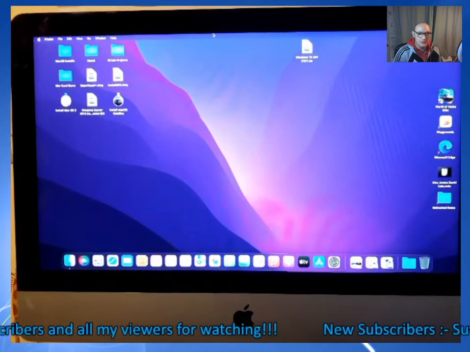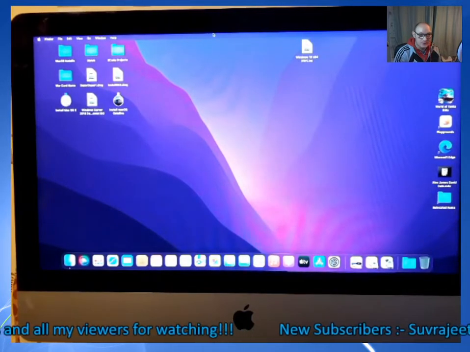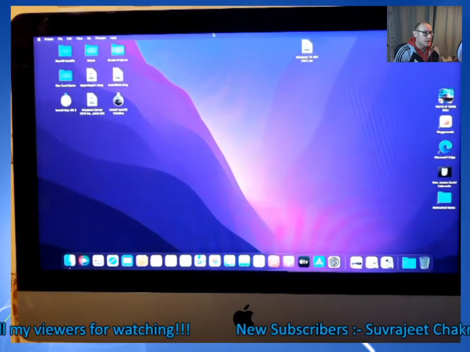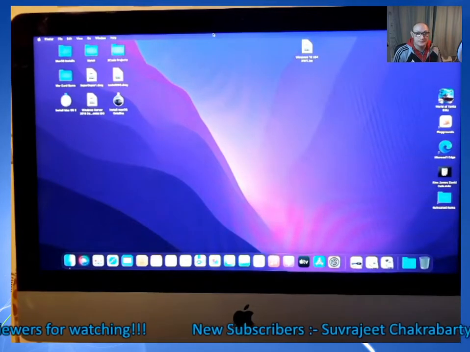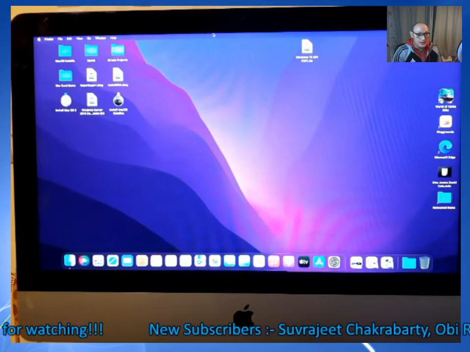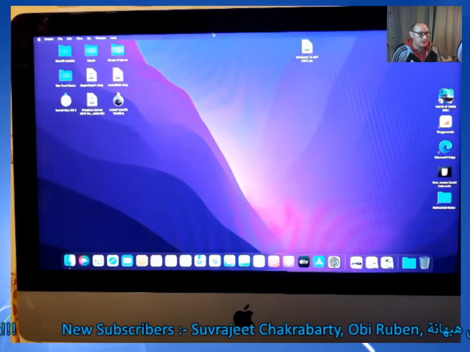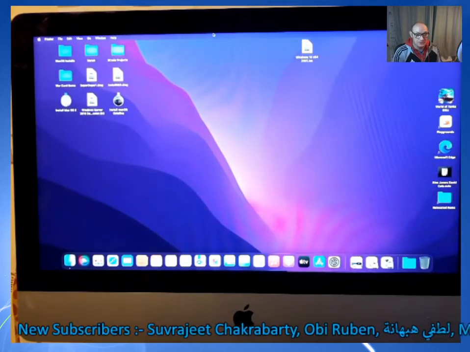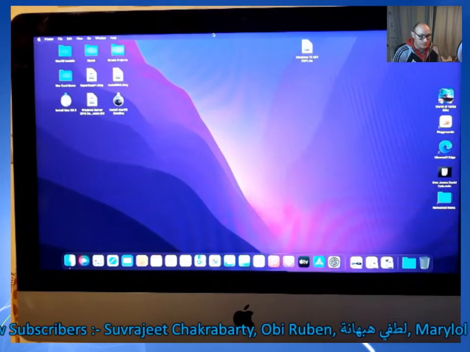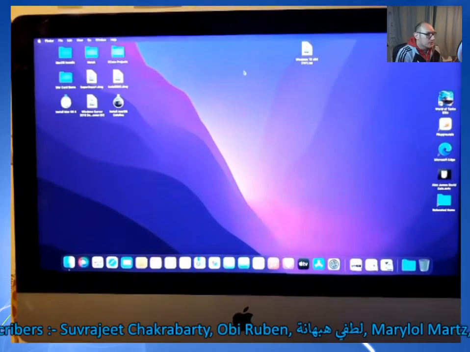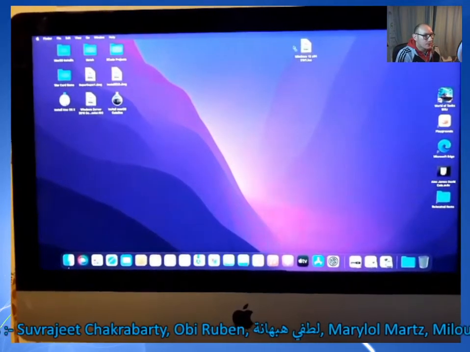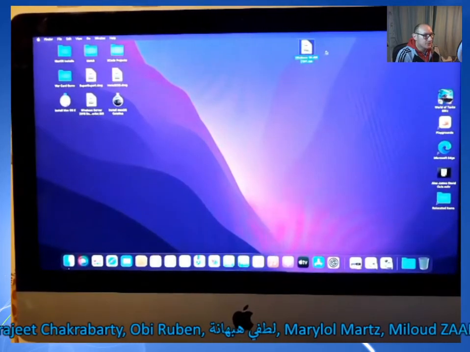There's no special Windows needed. Go onto the Microsoft website and download Windows 10, the ISO image. It has to be 64-bit. This particular iMac does not support 32-bit. So you download your Windows 10 image